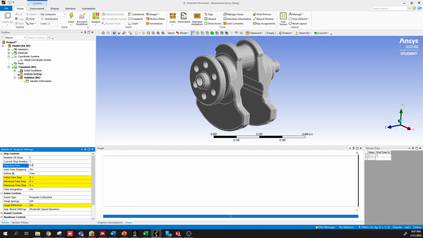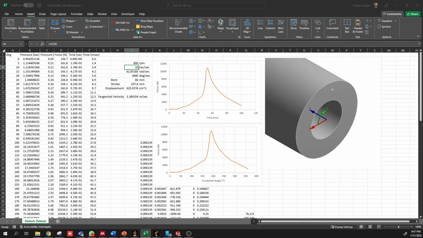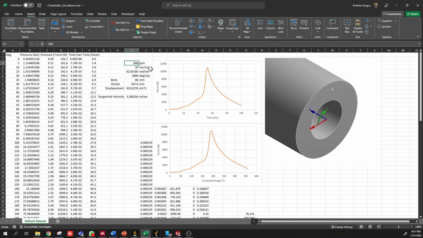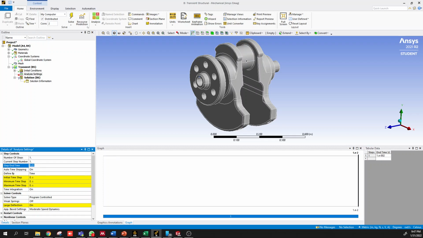So at 600 RPM, that's 0.01, and we can get to that by just looking at 10 revolutions per second. Apologies, so that would be 0.1 for 600 RPM. And we want to have a time step setting here that's at least 10 times more fine than what our end time or what our initial step size is. So we'll say 0.001,